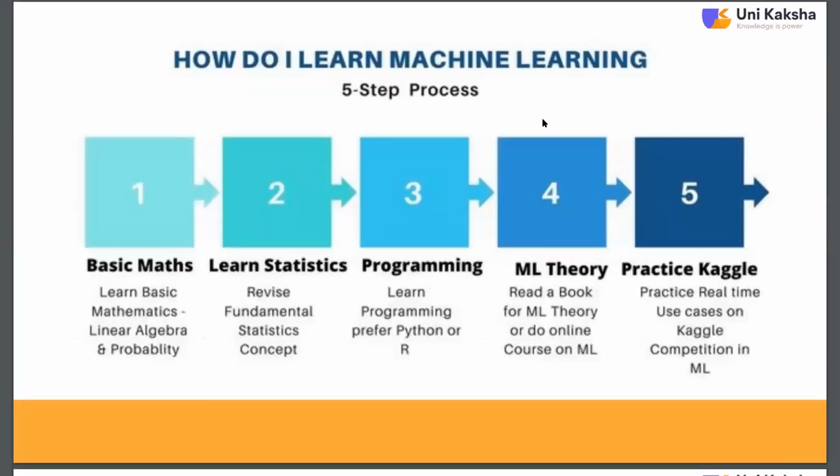Okay. So for these SIR models, SEIR models, and different prediction models, we are using the machine learning approach. Actually, the machine learning approach is a 5-step process. Basic math is there: linear algebra and probability. We have the statistics part also, the basic statistical concepts. We have the programming part, where we can use Python or R. For this case study, we are using Python programming. Machine learning concepts, practice on Kaggle, as well as different data sets are required to build the model. Next slide.